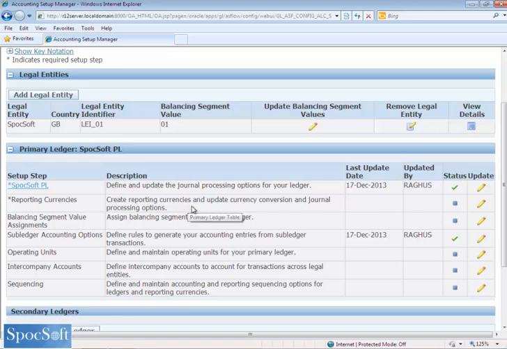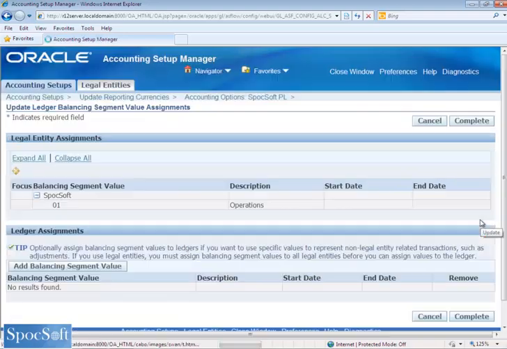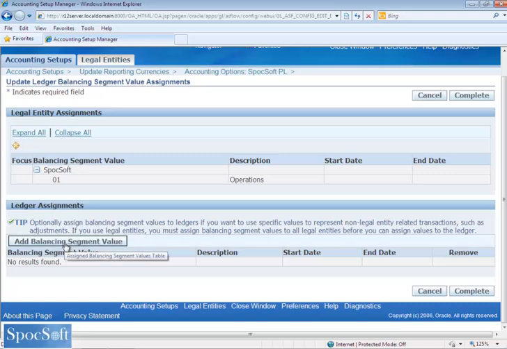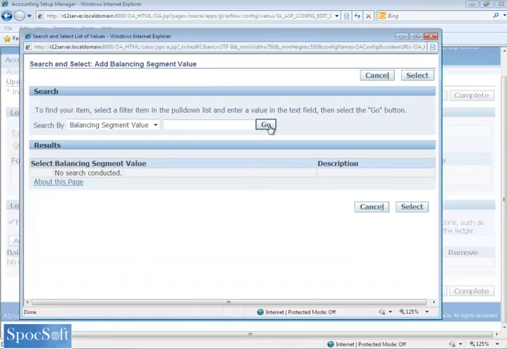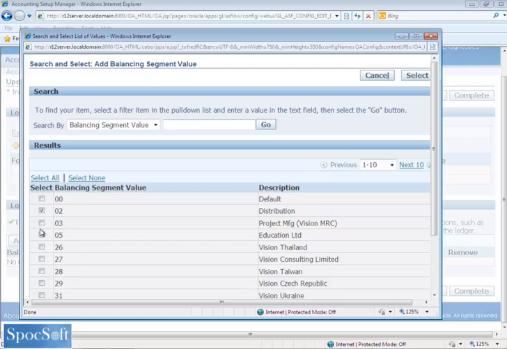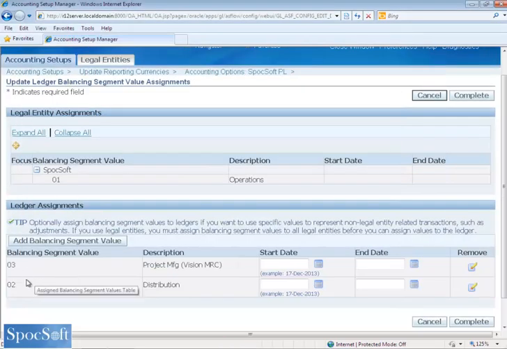We are not going to define it now; we are going to create it as a separate document. Balancing segment values: you can assign the values directly to the ledgers. If you assign the values, these values can be used directly in the ledger. I'm going to assign 02 and 03, for example. If you assign 02 and 03 to the ledger directly, still these two values can be used